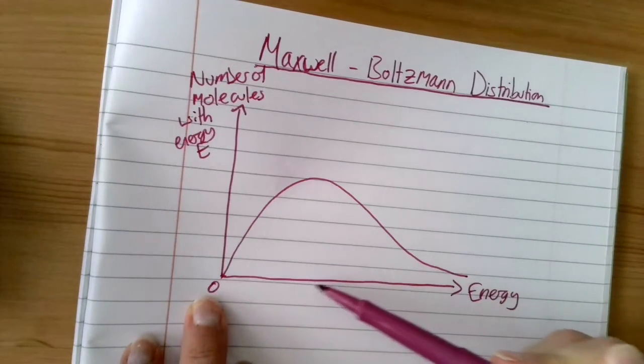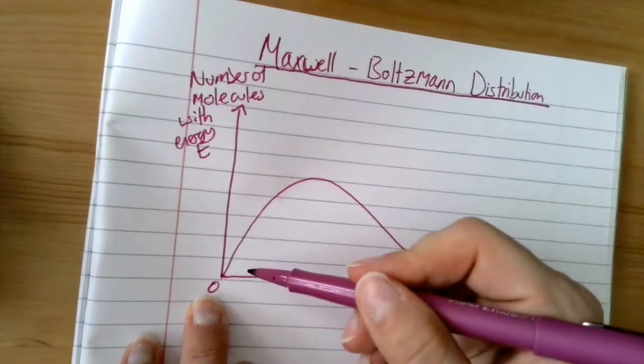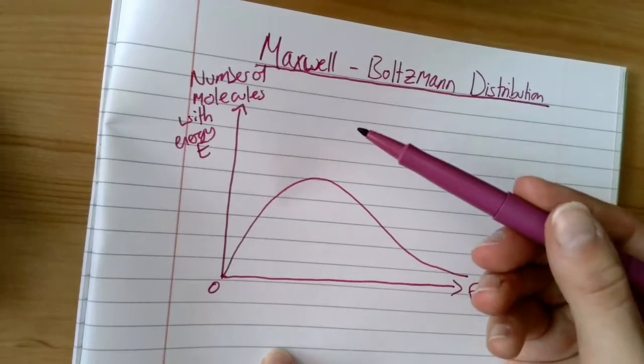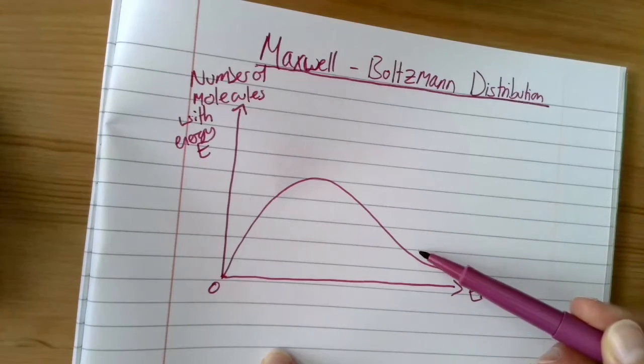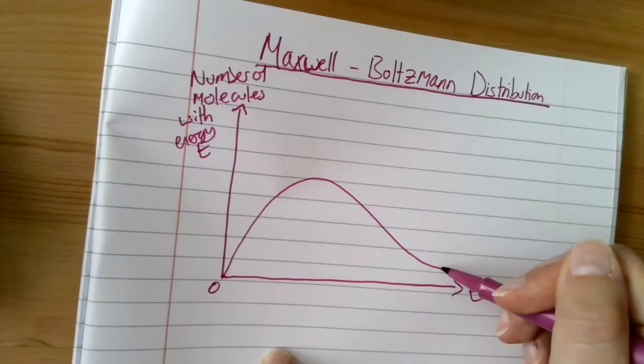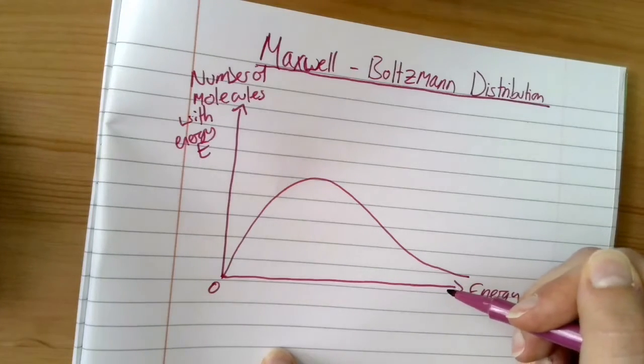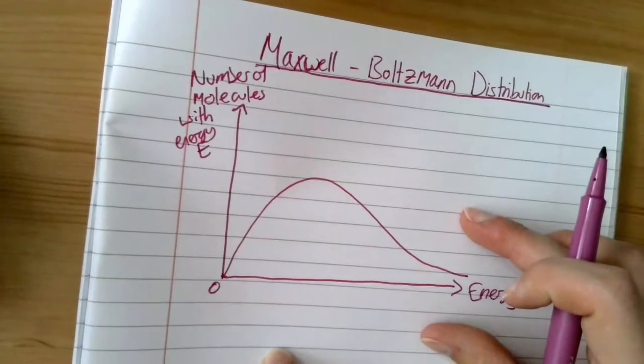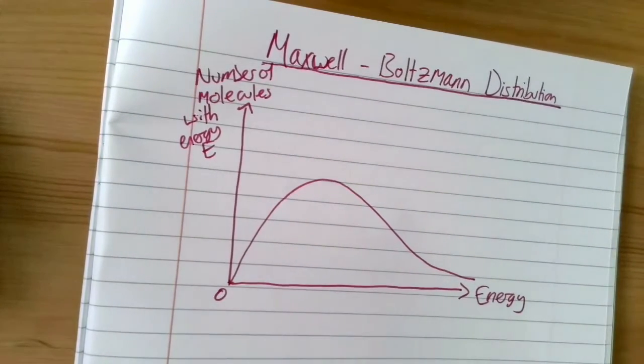However, as our energy increases, our number of molecules at those specific energies increases, and eventually it tails off. Now notice this line never goes back down to 0,